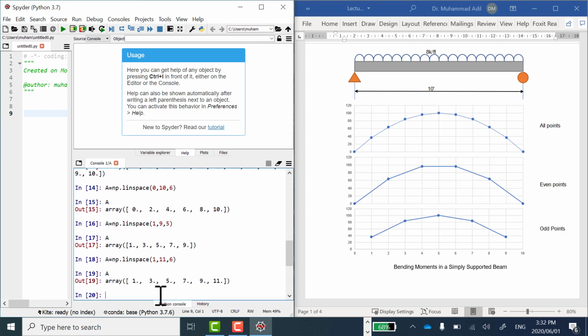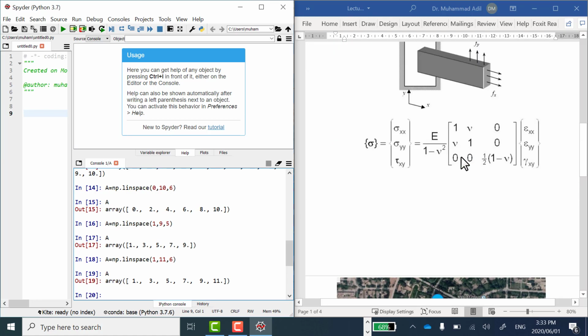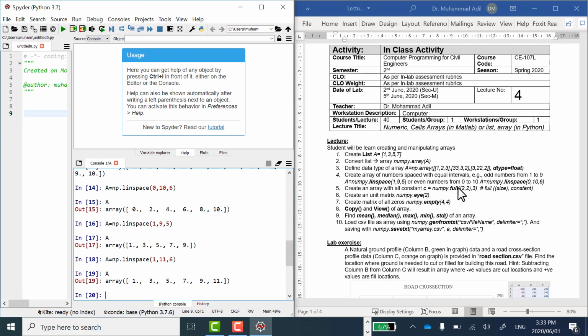But then in our beam, we don't have 11 foot there, so it will be pointless to play with that. So we have merits and demerits of using even and odd in this particular example, but you have to think how to work with it. So let's move to the next case, which is how to create an array of a matrix which is full